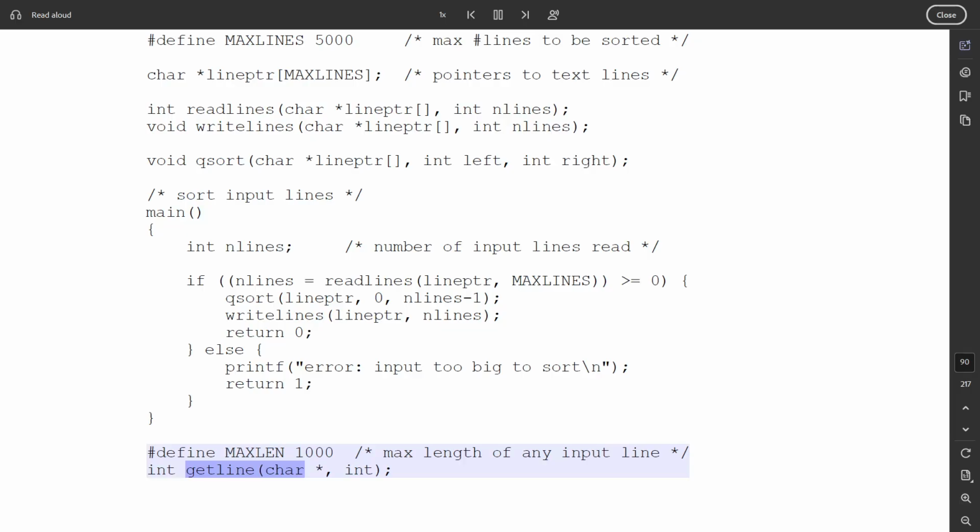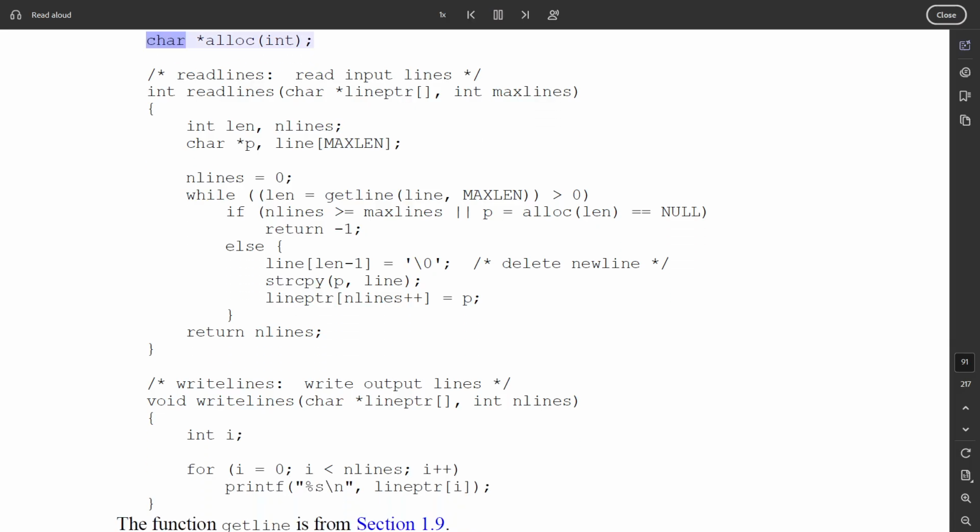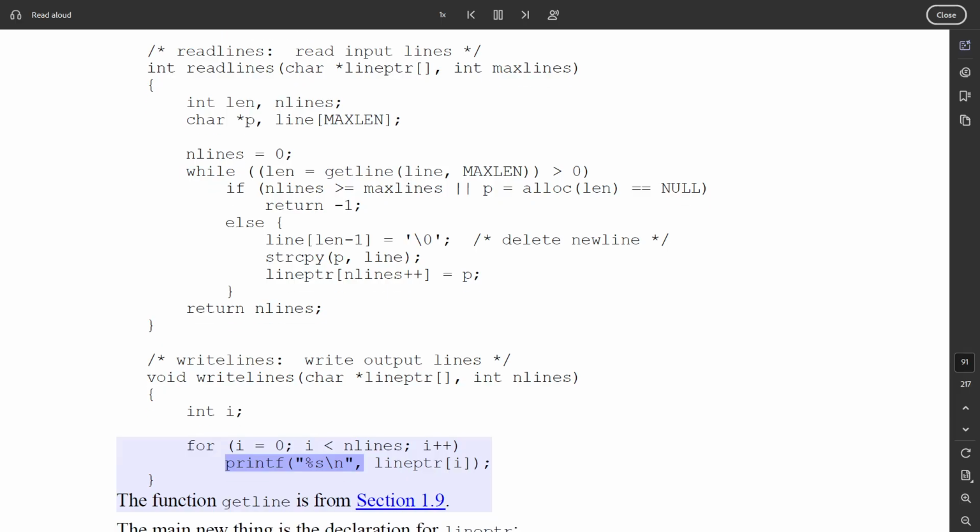int getline(char *, int); char *alloc(int); /* readlines: read input lines */ int readlines(char *lineptr[], int maxlines) { int len, nlines; char *p, line[MAXLEN]; nlines = 0; while ((len = getline(line, MAXLEN)) > 0) if (nlines >= maxlines || (p = alloc(len)) == NULL) return -1; else { line[len-1] = '\0'; /* delete newline */ strcpy(p, line); lineptr[nlines++] = p; } return nlines; } /* writelines: write output lines */ void writelines(char *lineptr[], int nlines) { int i; for (i = 0; i < nlines; i++) printf("%s\n", lineptr[i]); }